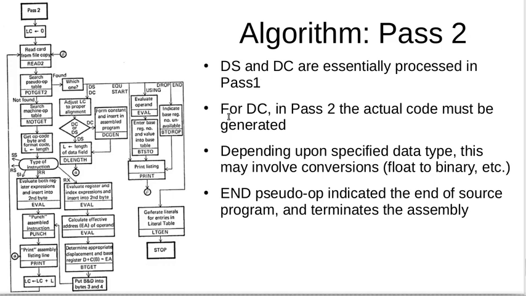Now for a detailed description of what the DC pseudo op does and what the DS pseudo op does, you can always go back to the first lecture and check what happens. For DC and DS here, we will simply adjust the location counter to proper alignment. If it is DC, we will form a constant value and insert it in the assembly program, which is called DC gen. If it is a DS, we do not need to go through this step. We will simply keep L as the length of the data field and we will stop there with the DS part, right? So this is what happens in the case of the pseudo ops.